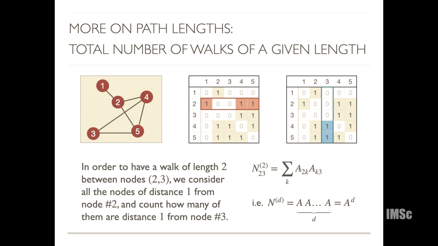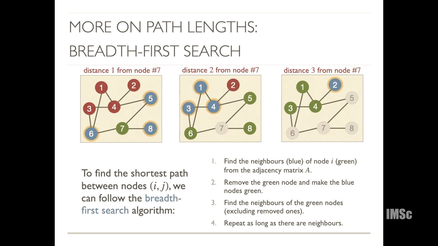Okay, good. So this is a procedure that you can use for this purpose. Now another thing that you can do to find the shortest path length, or just the path length, is what's called the breadth first search method. For small networks, this is a fairly computationally efficient thing, but as the network size becomes big, this is maybe not the best, but it still does a fairly good job. So essentially, to find the shortest path between a pair of nodes i and j,